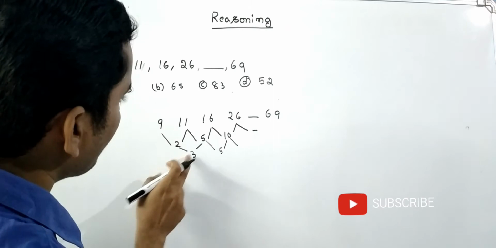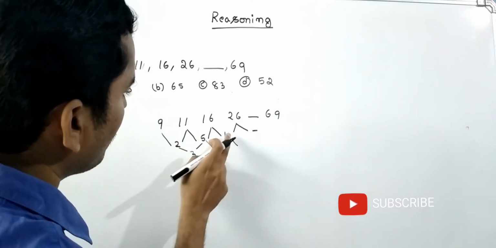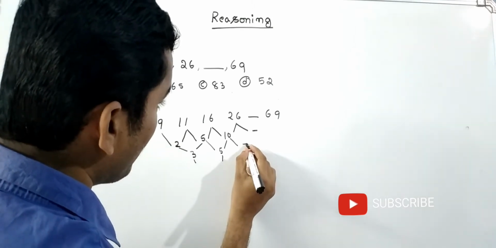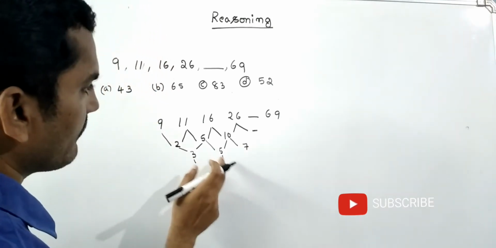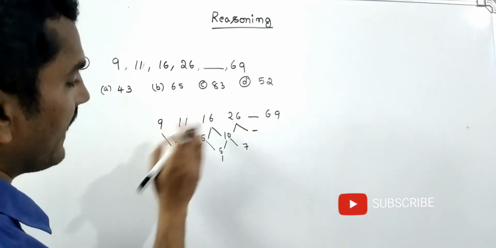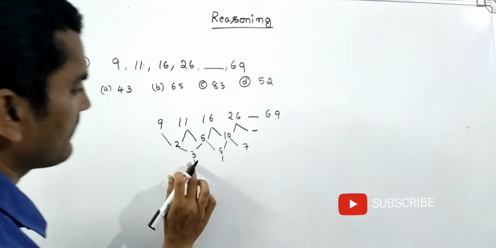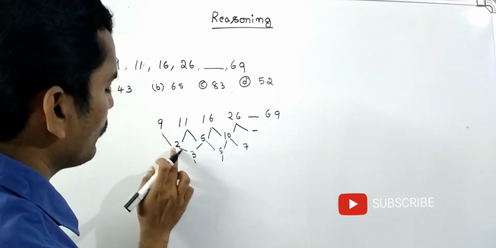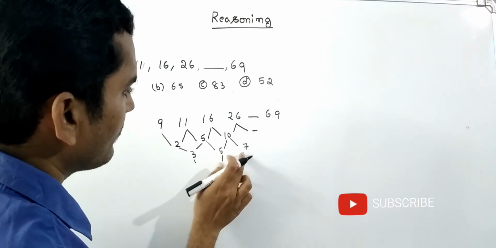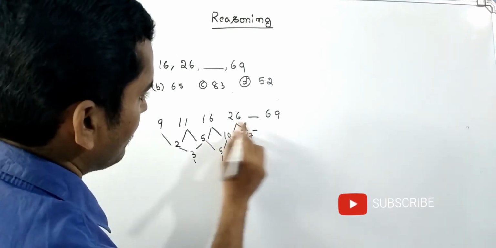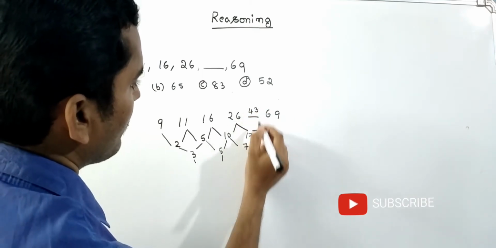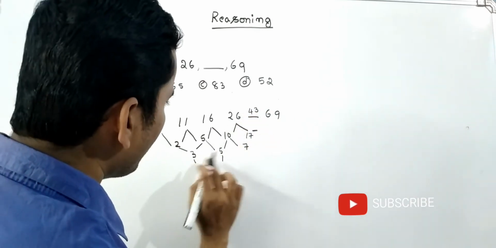That means 2 plus 3, 5. 5 plus 5, 10. Maybe this 3 is an odd number, 5 is an odd number. It may be 7 here. See friends, maybe 7 because here they are not big numbers. These are small numbers only. Maybe addition or subtraction only. See friends, this is the odd number series. 2 plus 3, 5. 5 plus 5, 10. 10 plus 7, 17. Maybe 17. See friends, 26 plus 17, how much? 43.